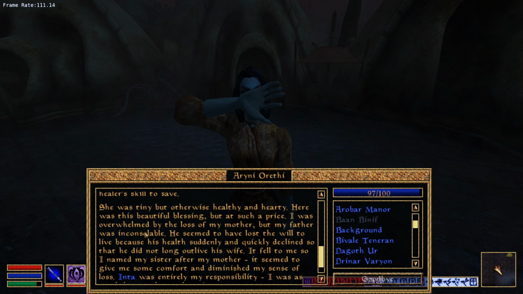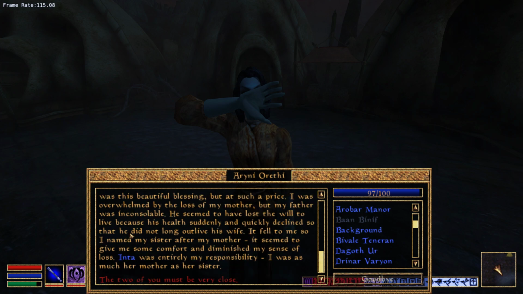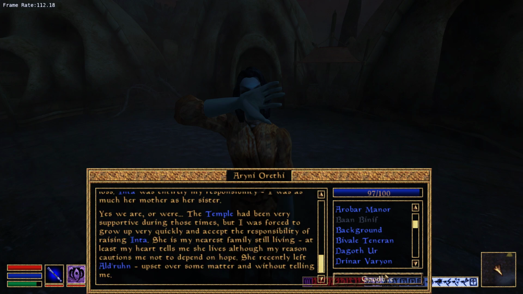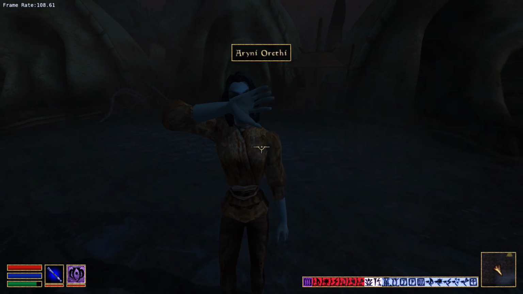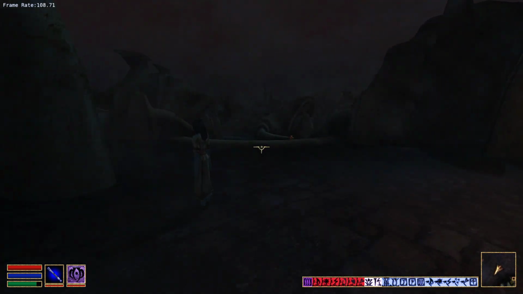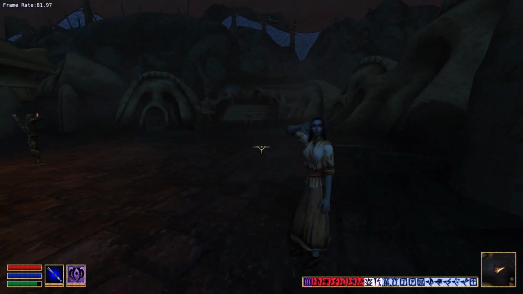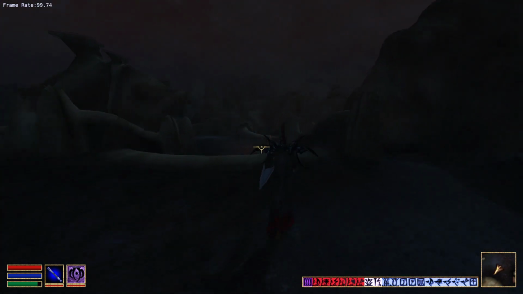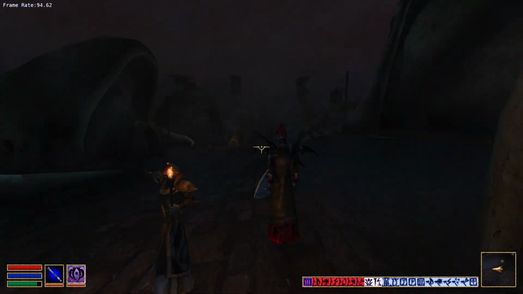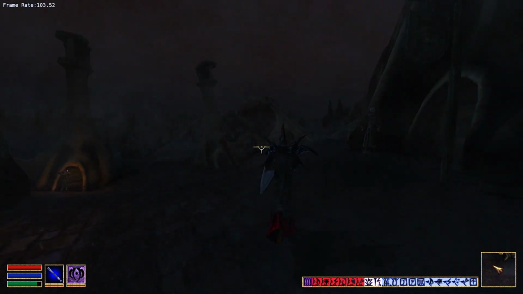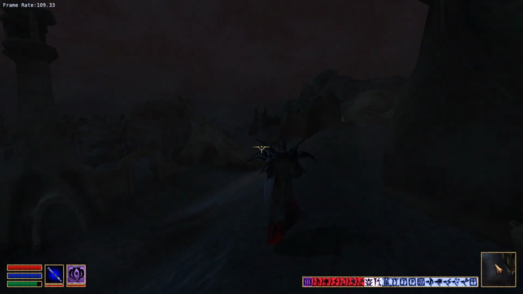And the child? She was tiny, but otherwise healthy. So as you can see, this is like a whole story going on in this person's life. And the LGNPC mod doesn't just add stories like this, it also adds quests. So a lot of these NPCs apparently have small little quests going on that shouldn't conflict with anything else that you have. Now, reportedly, I just installed this with you, so I don't know if